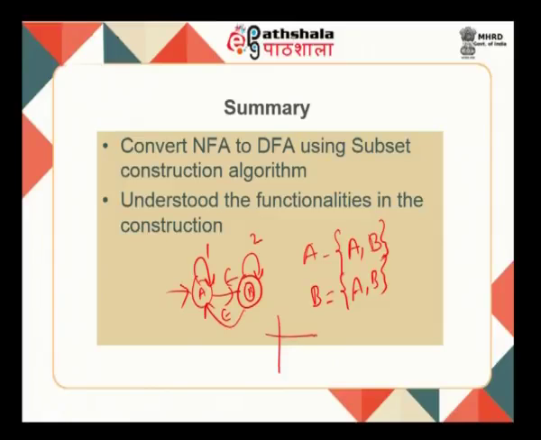Now, what will my transition look like? My start state is going to be epsilon closure of A, which is A comma B in my DFA, and A on 1 will take you to 1. So, epsilon closure of 1 is this one. Similarly, A on 2 will not take you anywhere, so I will keep quiet. B on 1 does not take you anywhere, but B on 2 is going to be B, and epsilon closure of B is A comma B. So, this is your concise DFA for this, and my final state corresponds to the same state itself. So, this corresponds to (1 comma 2) whole star.